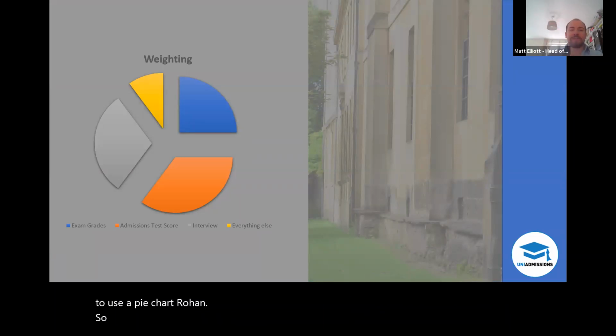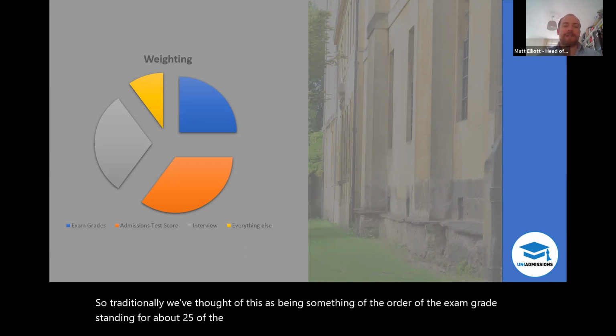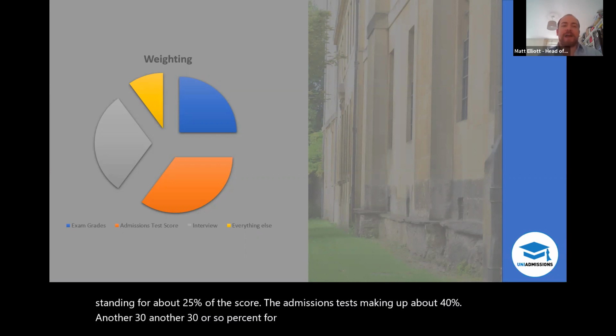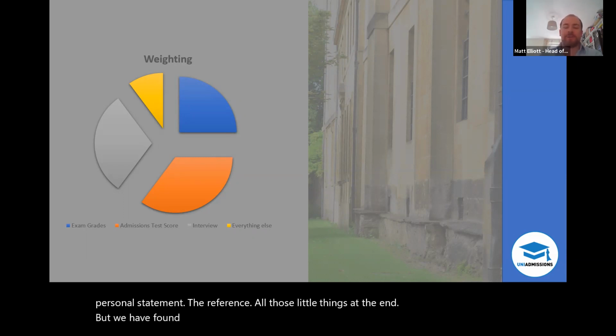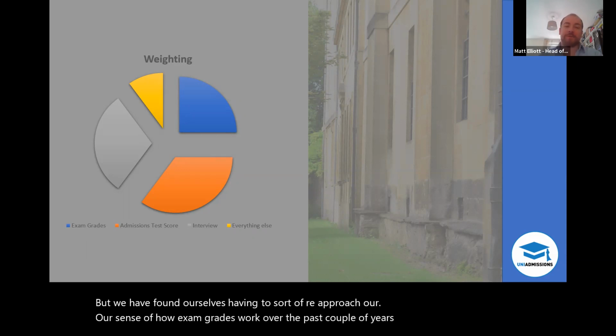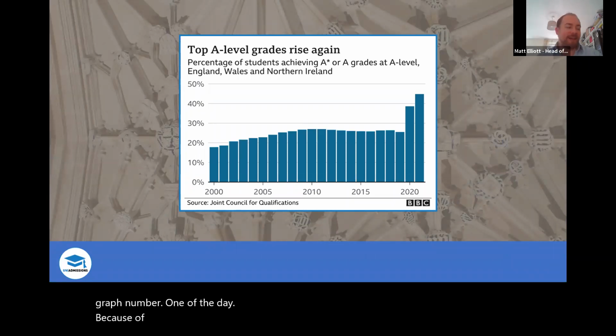So traditionally, we've thought of this as being something of the order of the exam grades standing in for about 25% of the score, the admissions tests making up about 40%, about another 30 or so percent for the interview itself, and then 10% or so for the personal statement, the reference, all those little things at the end. But we have found ourselves having to reapproach our sense of how exam grades work over the past couple of years, because, well, time for graph number one of the day, because of this, which is that in